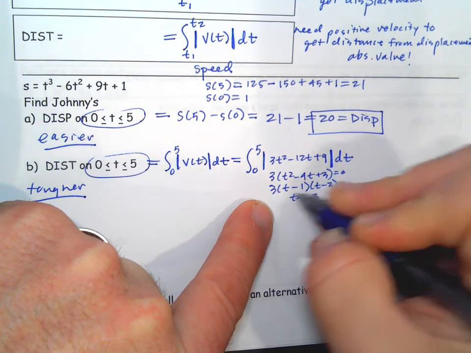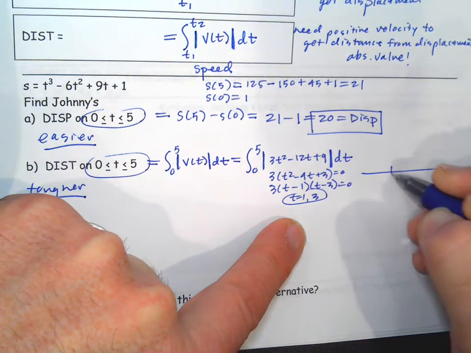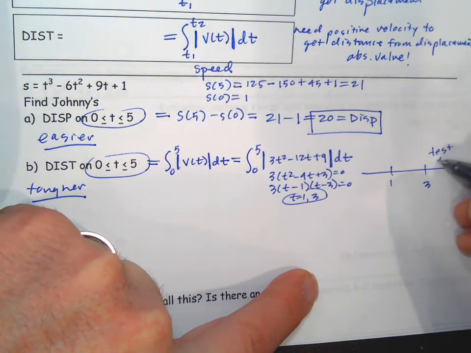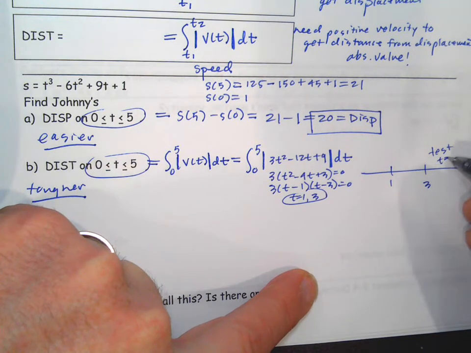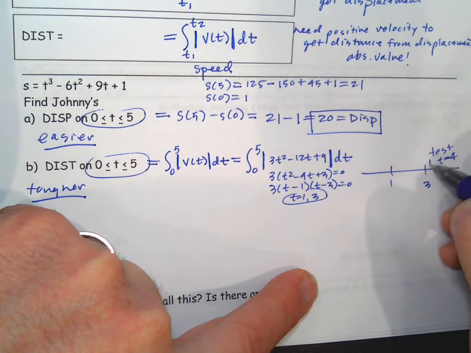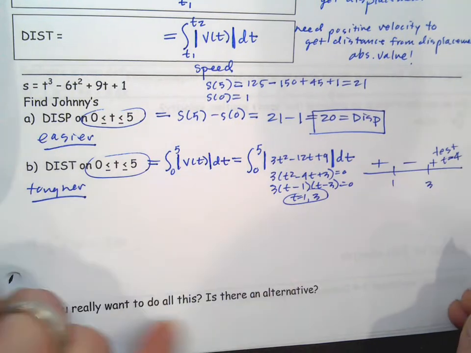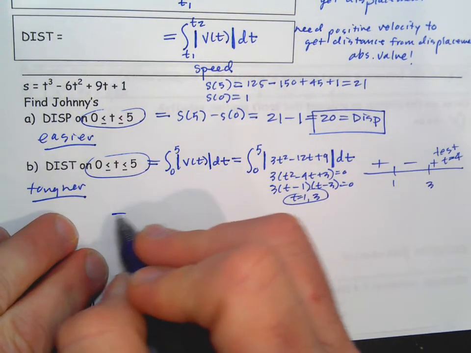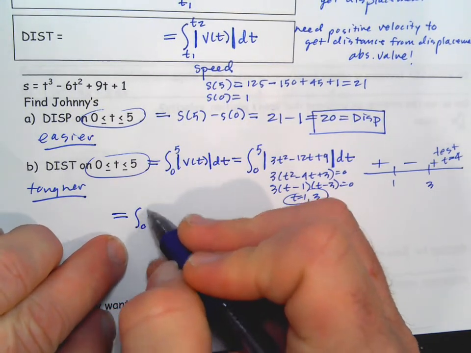And then we do a line check. That's the quickest way. Far right, positive, positive, negative, positive. So that tells us that we need to integrate 0 to 5,